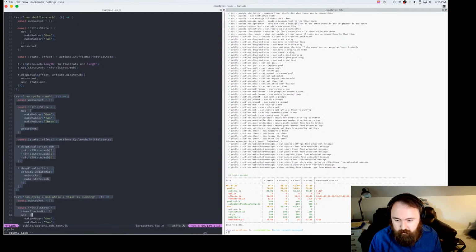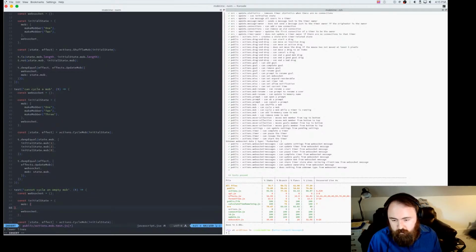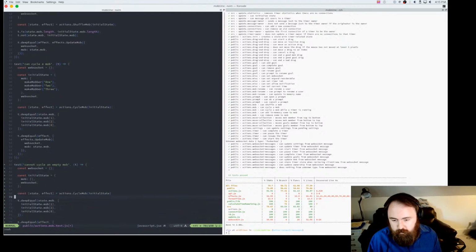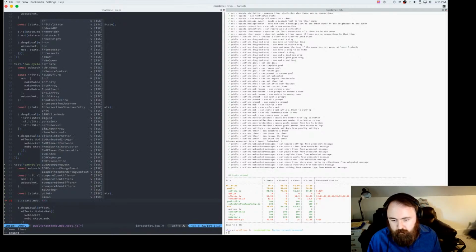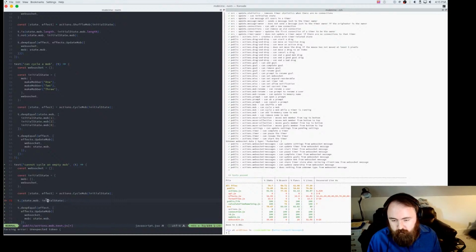Alright, so we'll say cannot cycle an empty mob. Empty mob. And then we know the state shouldn't have changed, so we can use is. And in fact, there's no effect with that.